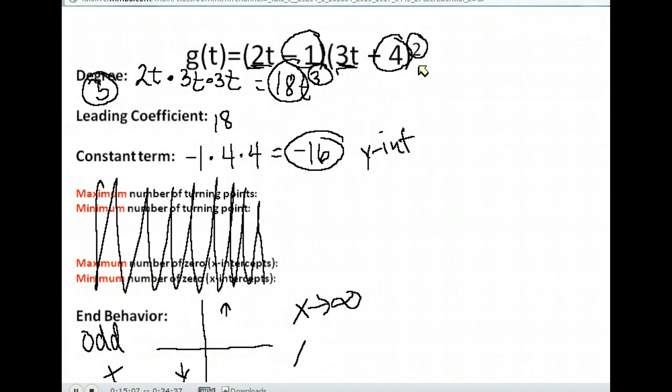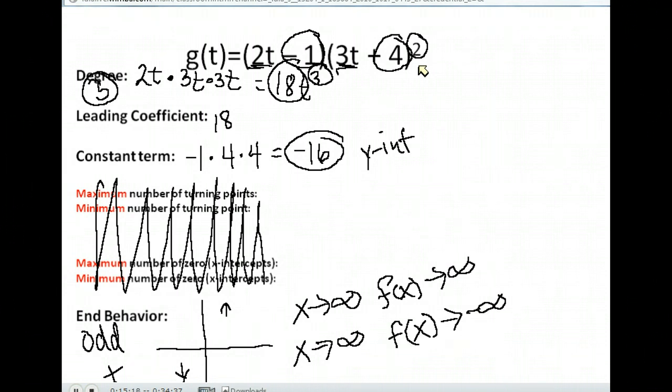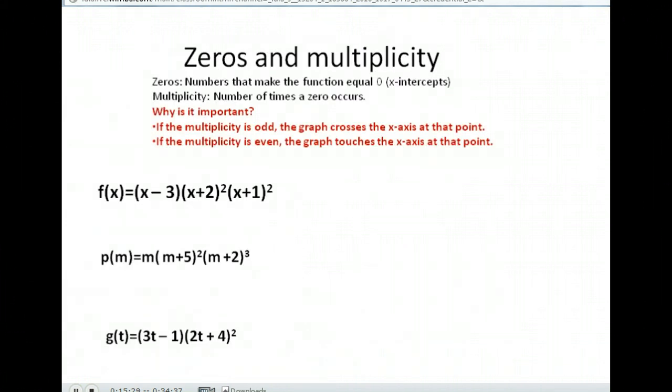We want to describe that as x goes to infinity, f of x goes to positive infinity on the right, and negative infinity on the left. Okay, so we had degree 3, leading coefficient 18, constant negative 16, and there's our end behavior. All right, we're going to take a